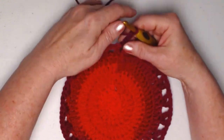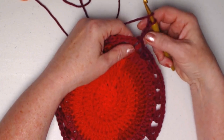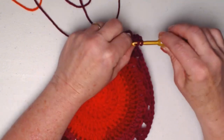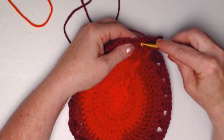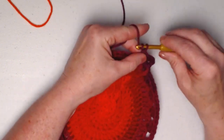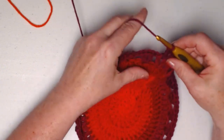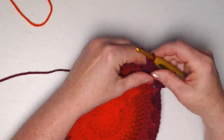So for row 7, we're going to stitch our V-stitch in the chain 1 space. So we have our double crochet, chain 1 that our chain 4 counts as. So we'll double crochet in that same chain 1 space and chain 1. Then we'll go to the next chain 1 space of the next V-stitch and stitch a V-stitch. There we go. And chain 1. Then we'll go to the next chain 1 space and stitch our V-stitch